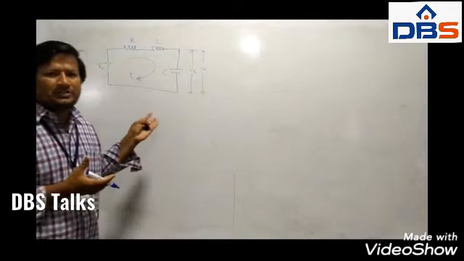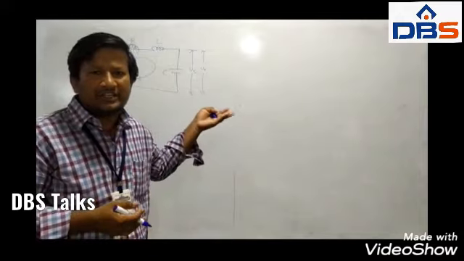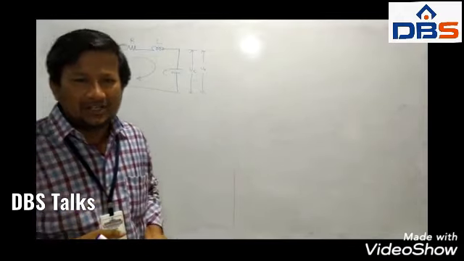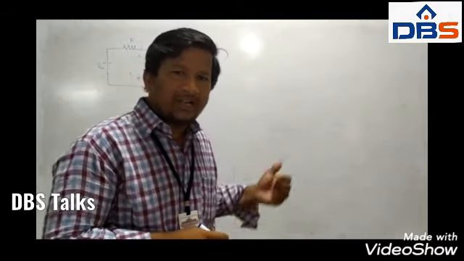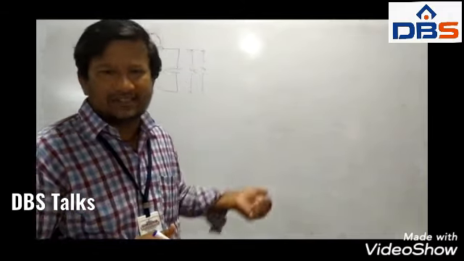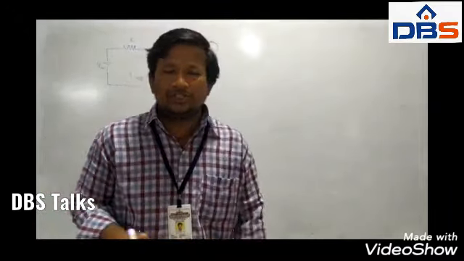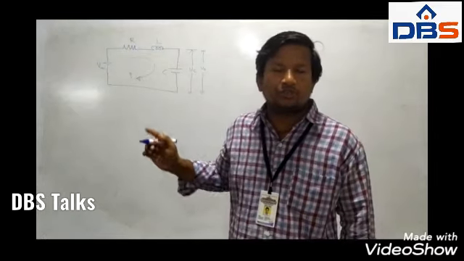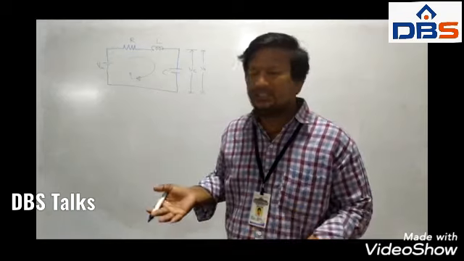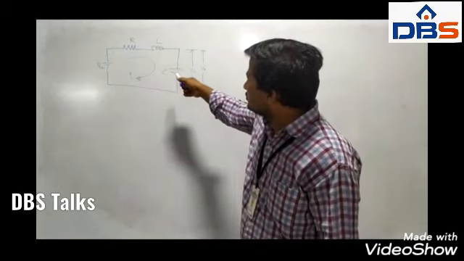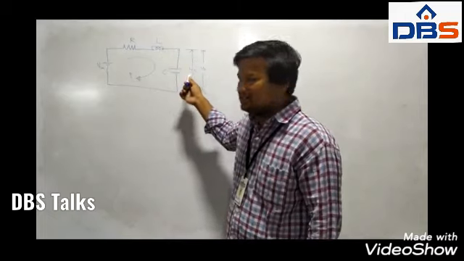From this electrical circuit, first of all we have to obtain how many state variables there are. In differential equations, the highest order of the differential equation is the number of state variables. In a transfer function, the highest power of S is the number of state variables. In an electrical circuit, the number of state variables is equal to the number of storage elements, that is L and C. In this RLC series circuit, two storage elements are there: one is L, another one is C.